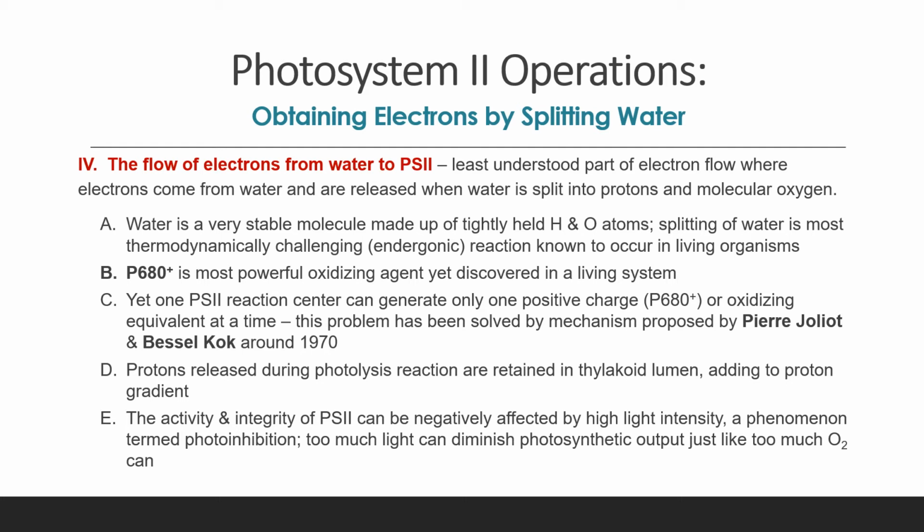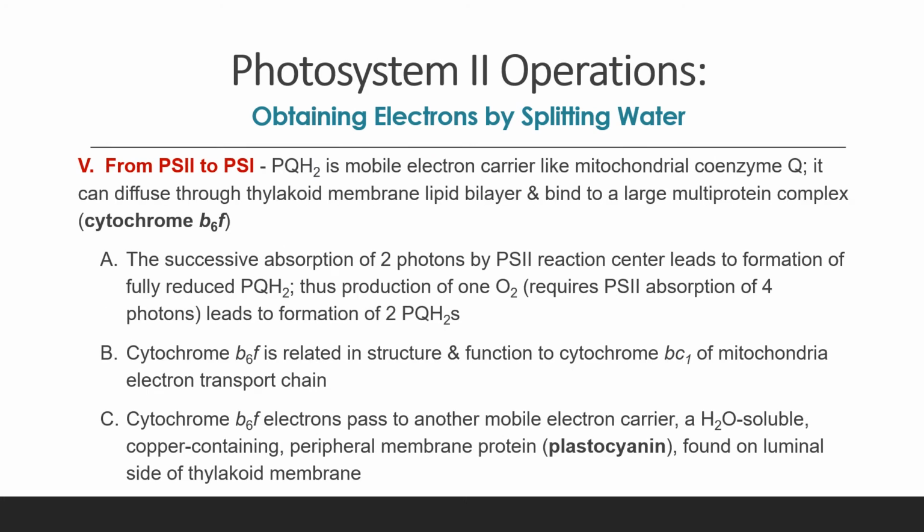So, with the proposal of Pierre Joliot and Bessel Kok, they introduced what you call the S-state hypothesis, wherein it allows the photosystem to accumulate the 4 oxidizing equivalents needed to oxidize water. Okay? To know more about this hypothesis or this proposal, you may read a part of it from your book. Okay. So next, we have the other leg, coming from photosystem 2 to